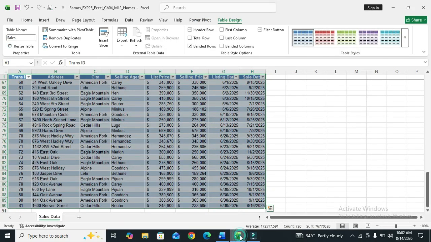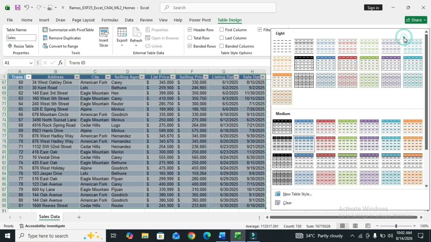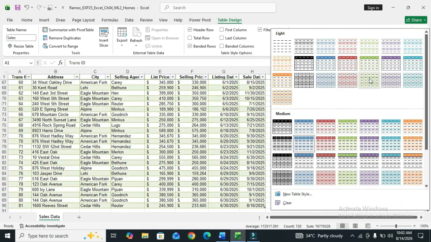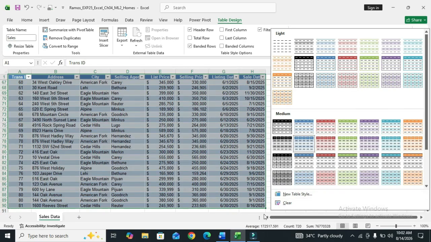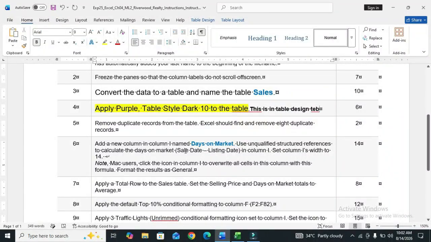Go to the Excel sheet, go to Table Design and then Table Styles, and apply the purple table style.